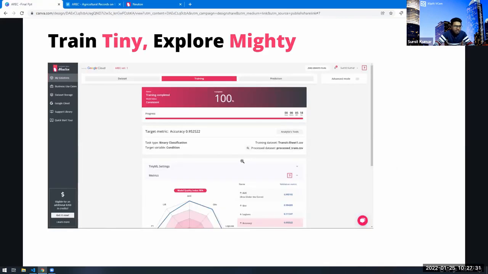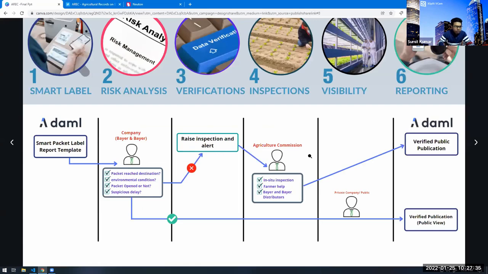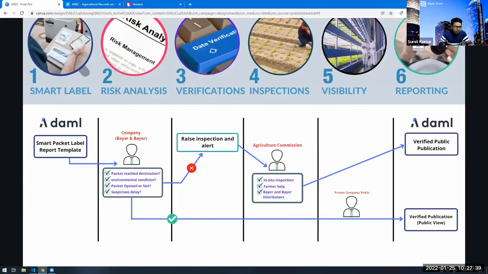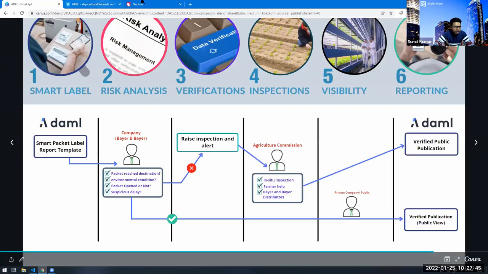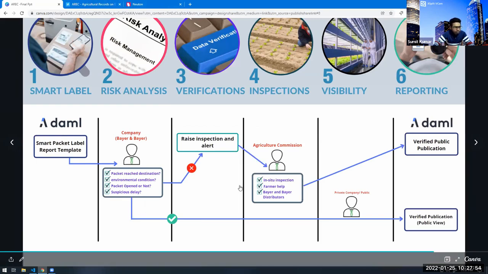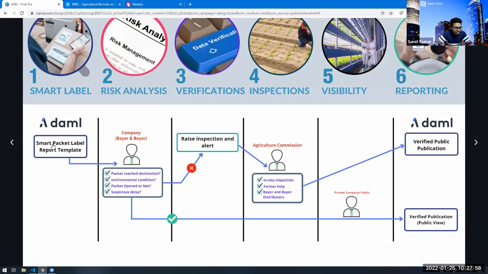Coming back to this, how this is actually solving the problem. We are also trying to explore blockchain with this. For blockchain, I'm using DAML. DAML is quite easy for preparing your own set of data, sorry, not data and file structure, but preparing the proper structure, suppose we have the package label template.